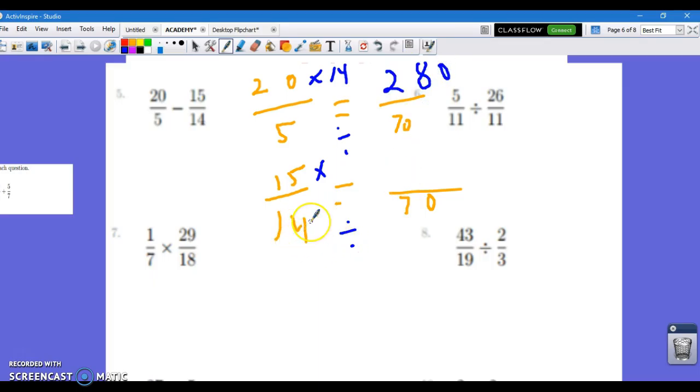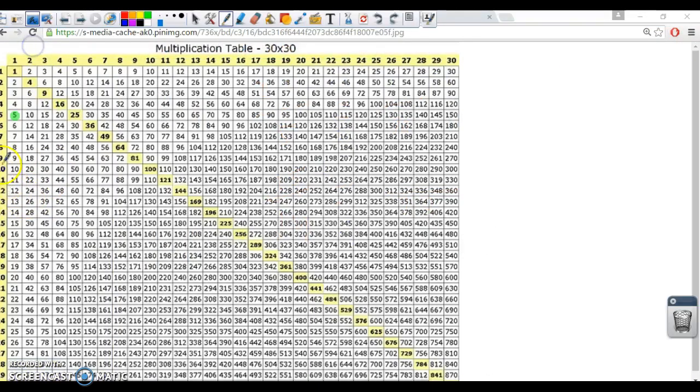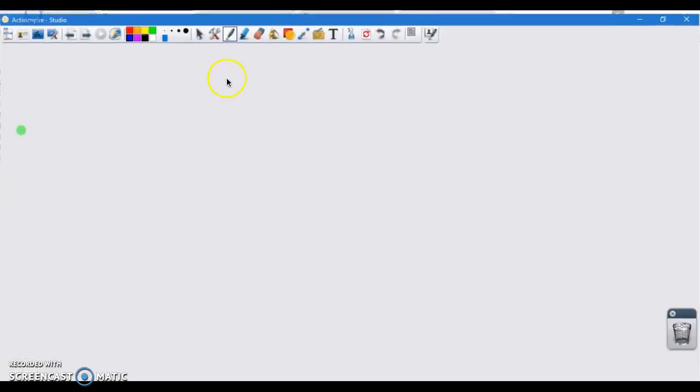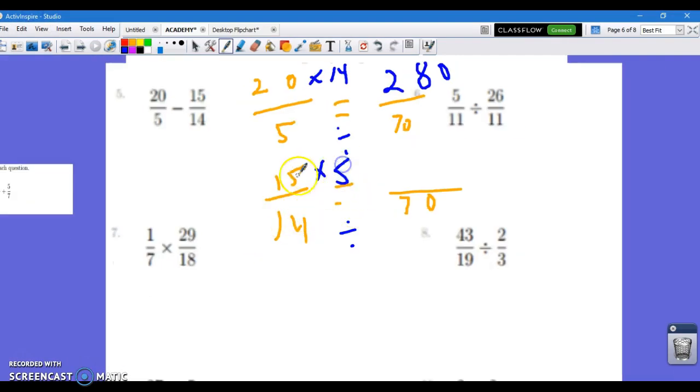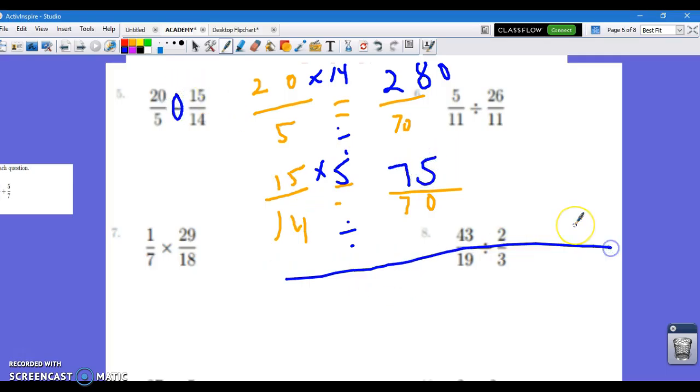Let's do it again. 14 will go into 70 how many times? You can look at your chart. 14 into 70 will go 5 times. And then we do 5 times 15, that's going to give us 75. And remember, this was a subtraction problem, so let's subtract. 75 minus 280, that's going to give us 205